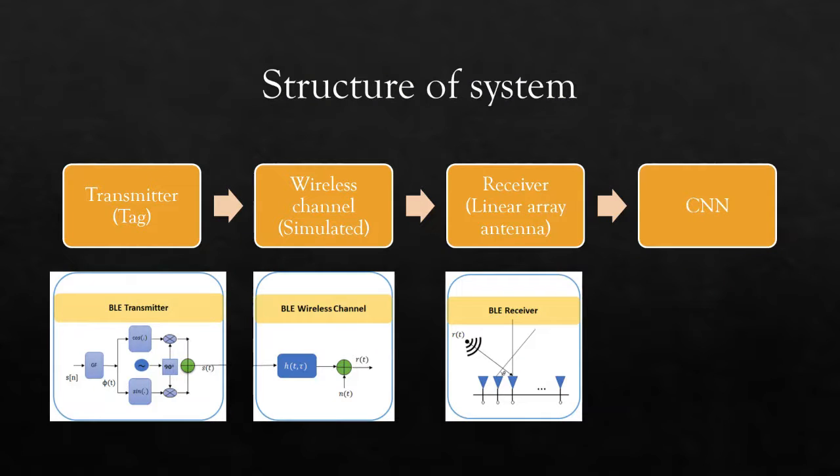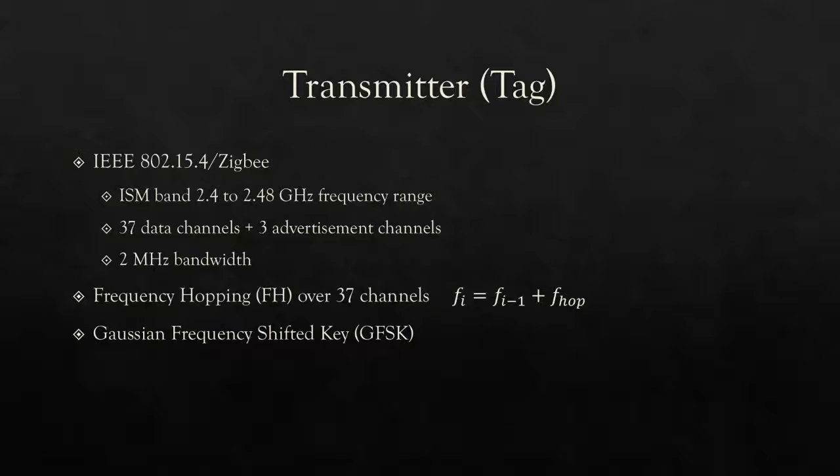Here is the structure of the system. First we begin with the transmitter, which is our object that we want to track. It will send the signal to the receiver, which is the LAA or linear array antenna, passing through the wireless channel. And then we will collect all the data and use it in the convolutional neural network to estimate the location of the object. For the transmitter or tag, we use IEEE